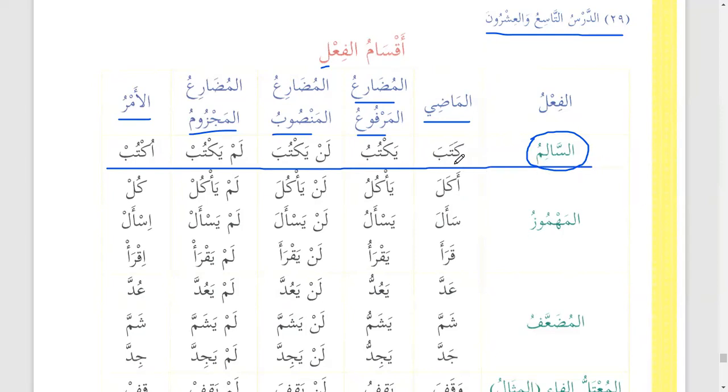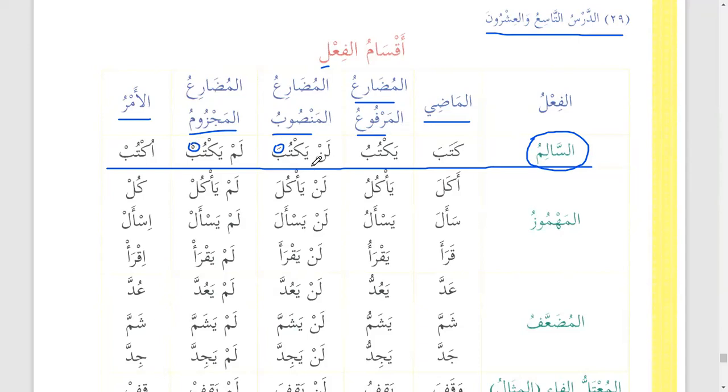Kataba is the past tense. The present tense is yaktubu. Al-mudari, al-mansub will be lan yaktuba. We know that when we use harf lan or lam al-ta'lil, or when we use lam al-ta'lil and harf lan and an, then dhamma changes into fatha. So it has changed into fatha. And when we use the majzoom, when we use lam or when we use la an-nahiya, then it changes. Or when we use lamma, then it becomes jazim, yani the ending becomes sakin, as we can see here.